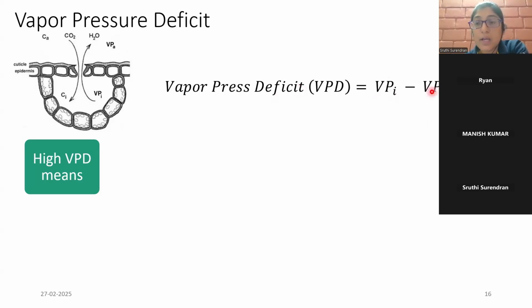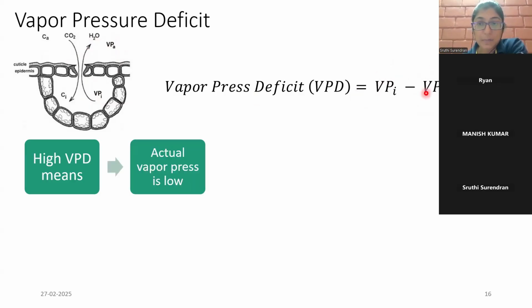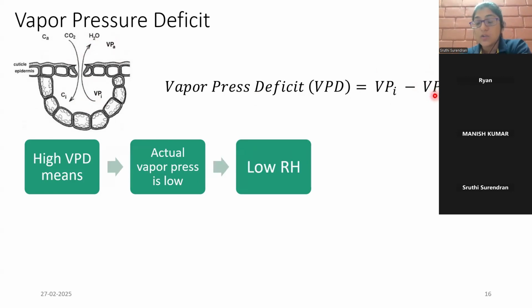So we looked at how the variation now for transpiration to occur. I said the VPD is always going to be high in the saturated level. So if this portion inside the leaf is saturated with water, then the only influencing factor over here is the vapor pressure in the atmosphere or outside the leaf. So when this value VPA reduces, this VPD will increase. So high VPD means the actual vapor pressure is low, and this is corresponding to a low RH, because